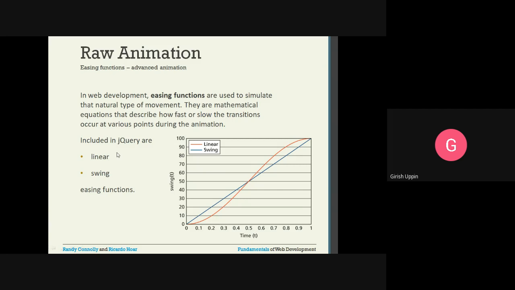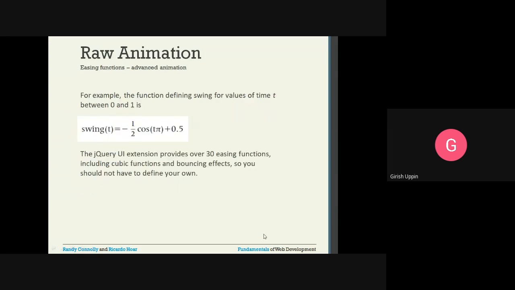In the case of jQuery, we have linear and swing easing functions. This is the swing function, and this is how the linear function looks. This is the transition period, and this is the formula that is used.